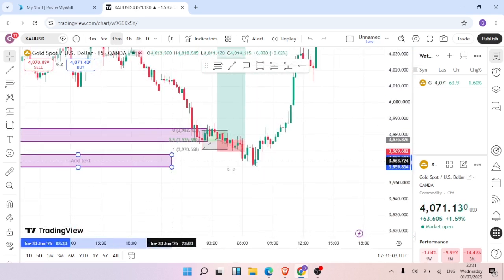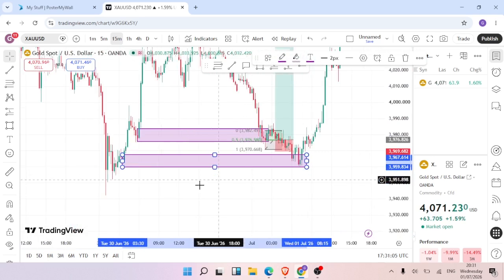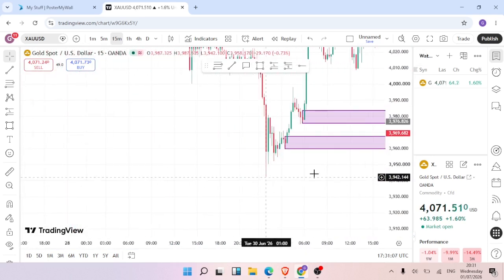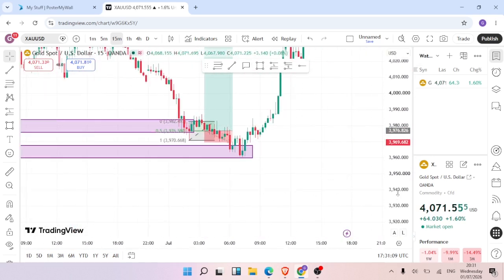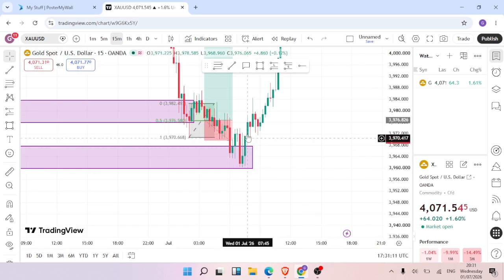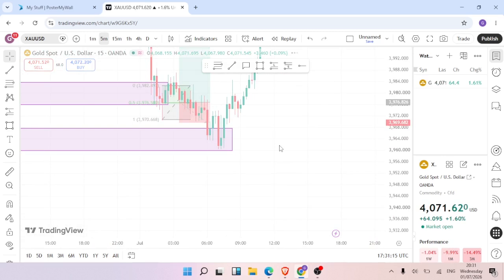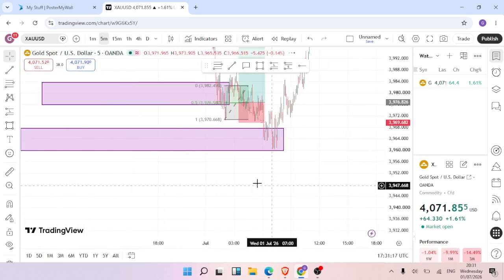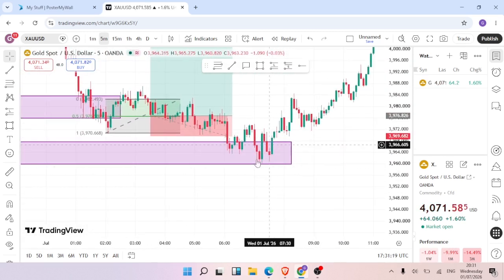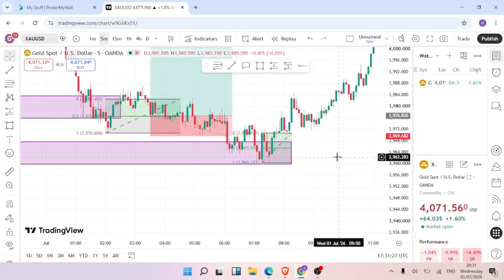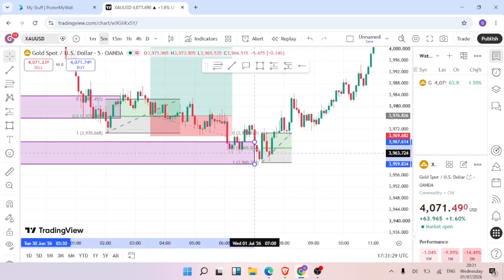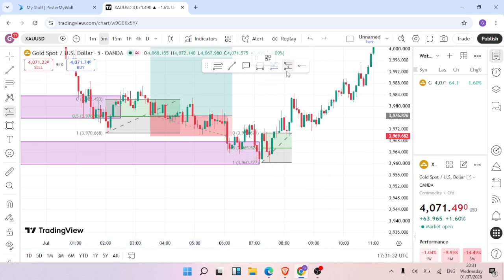And then in the 15-minute time frame, we still get another one in this order block right here. So this order block gives us this reaction, but it's not an engulfing reaction. However, if you switch to the 5-minute time frame, you notice it is an engulfing reaction right there. So this engulfing reaction gives us the idea that now you can buy from here and it closes outside the 15-minute order block,